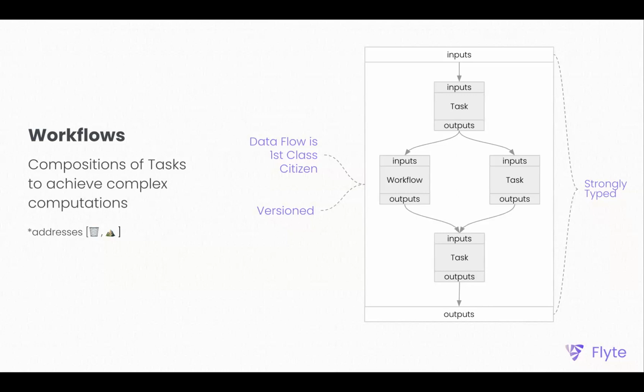Typically, you'll have to handle how to write the output. So if the output of the first task is a data frame, how do you write it to S3? And then if this task is consuming that data frame, how do you read it back into your task, right? This is a distributed system, so this is not running on one laptop or one server or one node. This could be happening in various different locations, right? Hence, you need some way of serializing and deserializing your data as it flows through your pipeline. And as I'll show you later, the way Flyte handles this is quite elegant. And finally, workflows are also versioned.